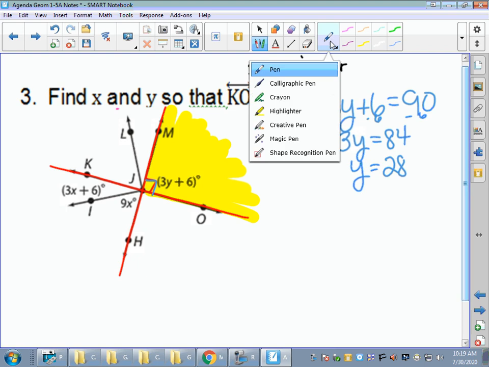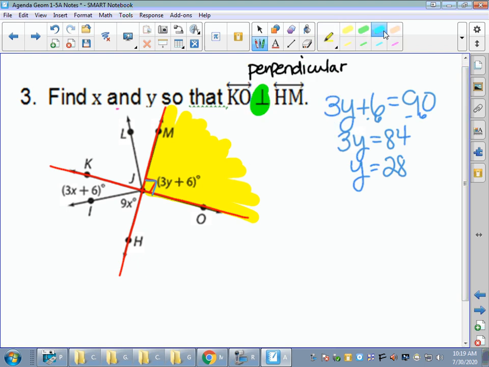All right, my x information is here and here. So if I'm thinking about these, you might already have a clue. I noticed that my highlighted angle with the y information is vertical to my x information. This, or as I said earlier, if things are perpendicular, if one is 90, they all have to be 90. So this has to actually be a